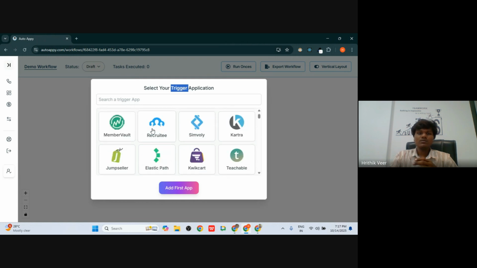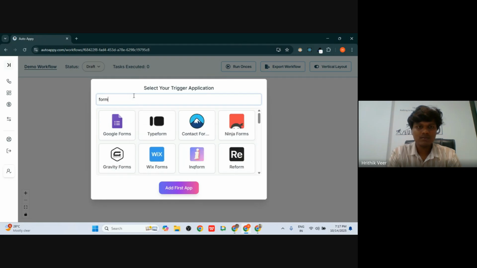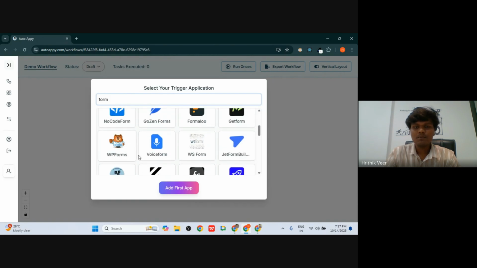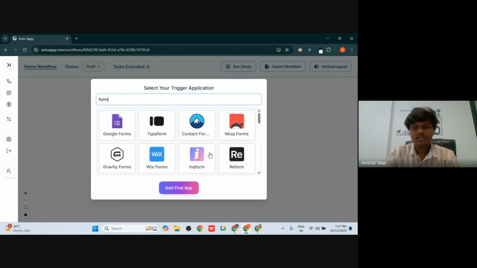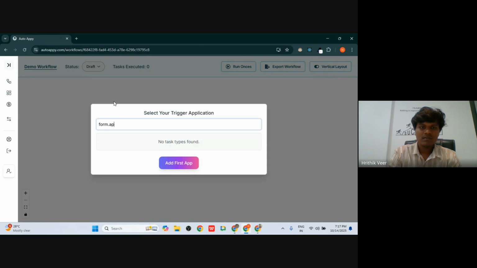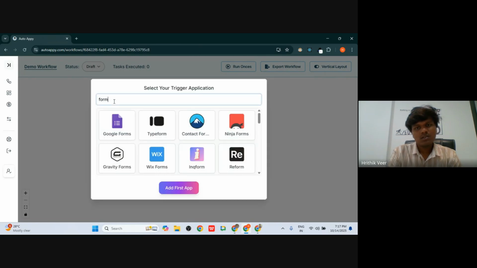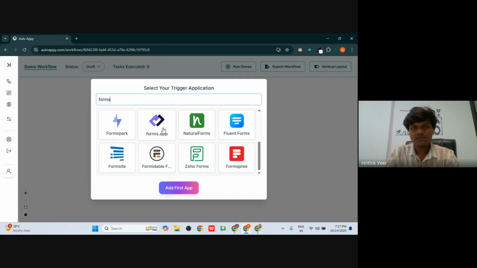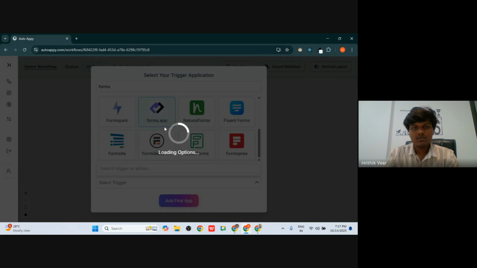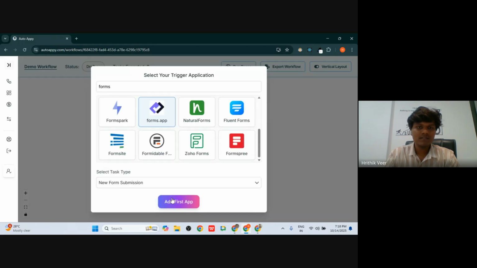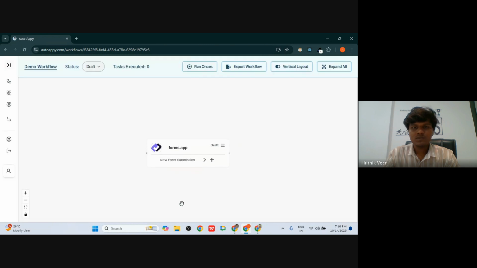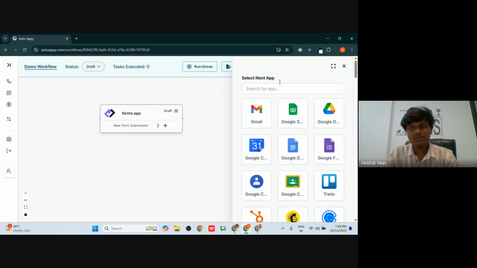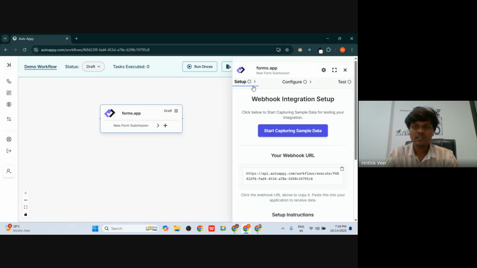So let's say you wanted to have forms. There is a website known as Typeform or forms.app, or else WP Forms. There are different websites that you can go and use. But in this particular case, I will just search forms. Let's say which form we can use. This is the forms.app that we can use in this particular example to get started with and add a first app. The second app is the follow-up, like once someone fills the form. I will just delete this node for now,